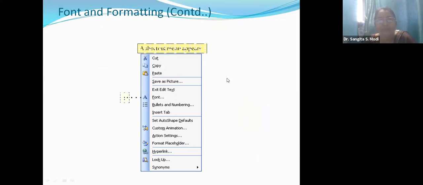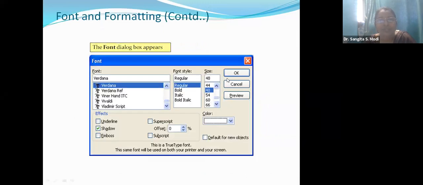Just click on font, then the font dialog box will appear. Click on the font whatever you want. Select the proper font, then the font style: regular, bold, italic, or bold italic both. After selecting this, click on size, and then whatever effects you want to apply, you have to check.